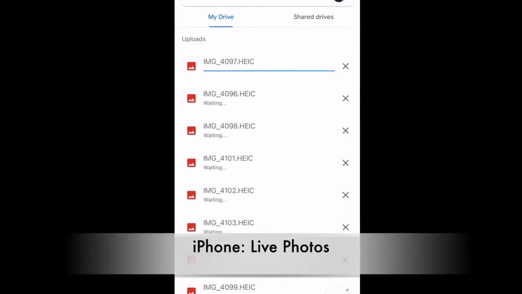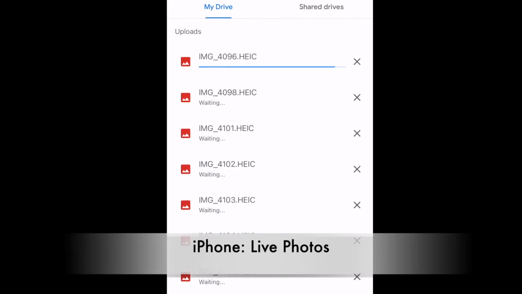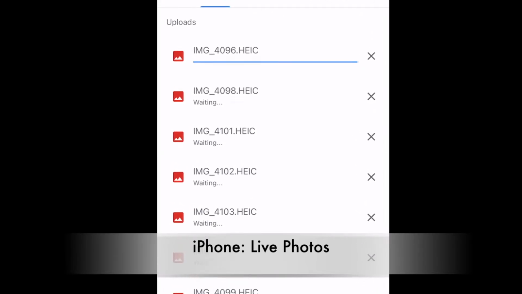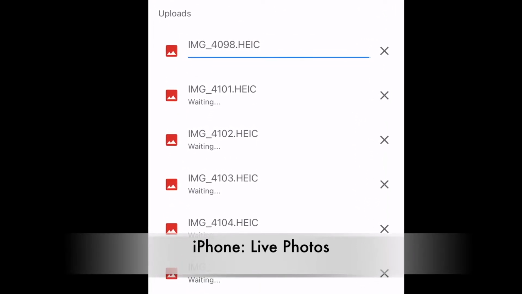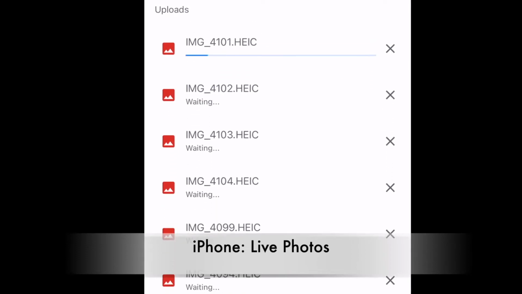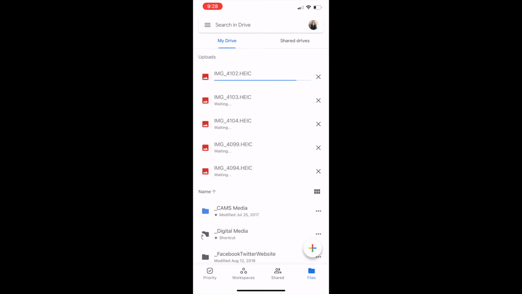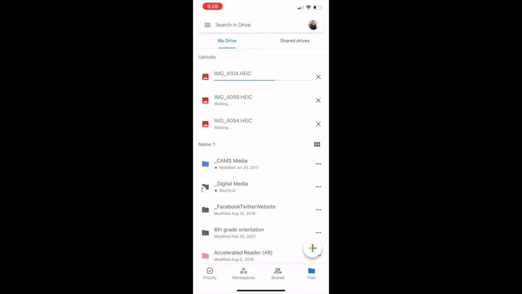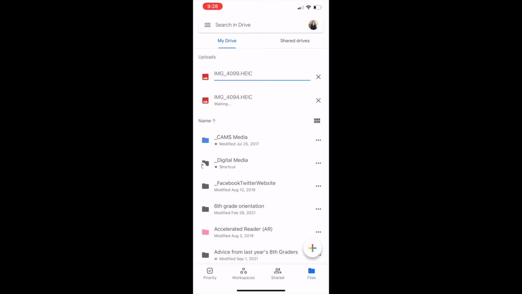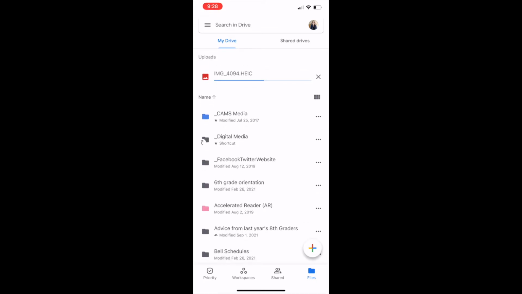.heic files. Remember from the first day of class, I mentioned that if you have an iPhone, if you have live photos turned on, it's going to be an HEIC file. The bad thing about that is Google, like Google Slides, Google Drawings, WeVideo, that's not going to recognize an HEIC file. So what I suggest you doing is if you have a live photo, screenshot it and upload that screenshot